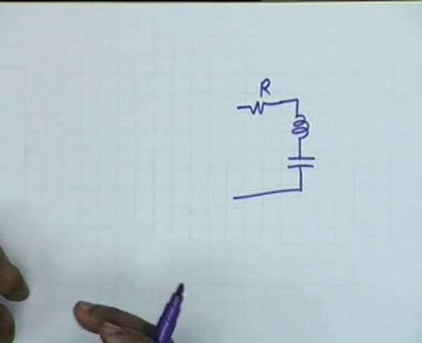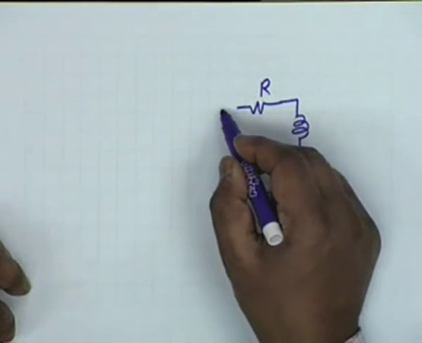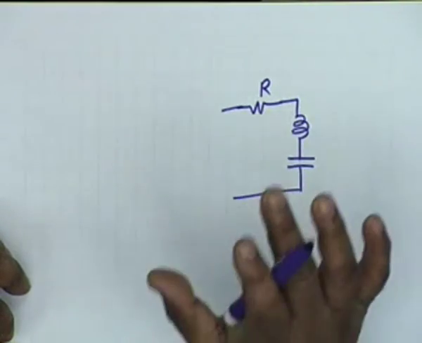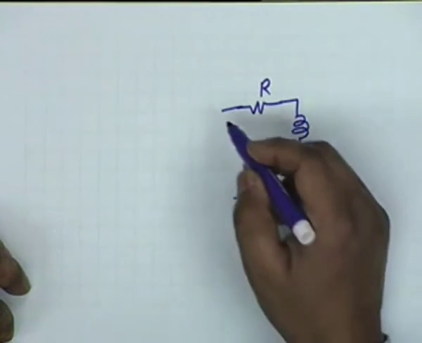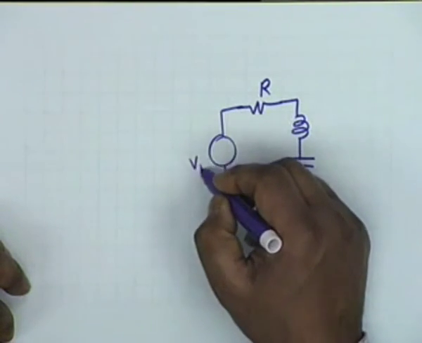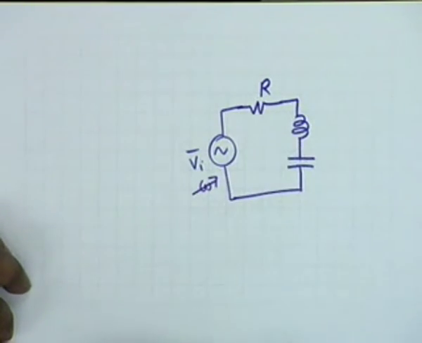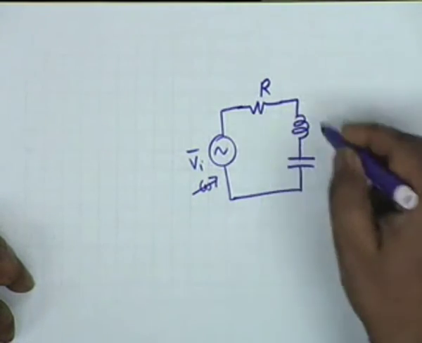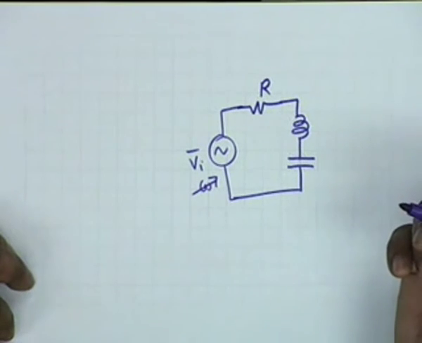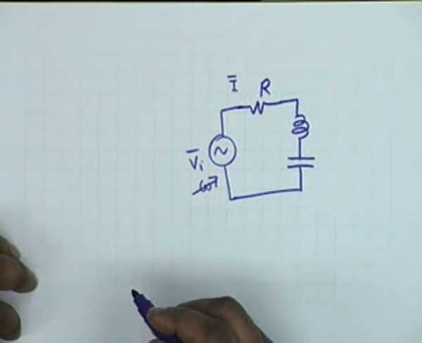It can be underdamped, it can be critically damped, it can be overdamped. All right. Now let's look at this circuit, the steady state response of this circuit to, let's say, a sinusoidal source. Suppose you have a source Vi whose frequency is variable. All right. We wish to find out how does this circuit respond to various frequencies, and suppose what we wish to find out is the current response.